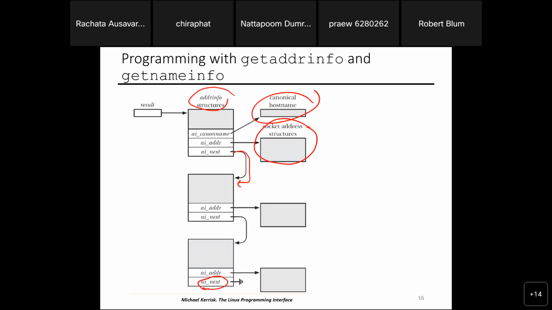So you can walk the list and work with it. Say, hey, is this a connection you want? This is the host name, for example. Host name at the beginning, socket 1, socket 2, socket 3. Any questions so far?